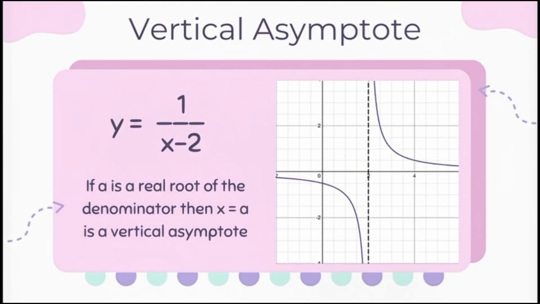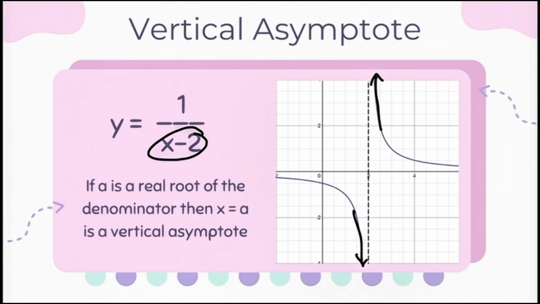So first we will talk about vertical asymptotes. Vertical asymptotes are lines that the function will never reach, but it will be approaching them from both sides. And then it can either go to negative infinity here or positive infinity here. And here we have the equation of the graph, y equals 1 over x minus 2. You can see here that the asymptote is at x equals 2 because that is what makes the